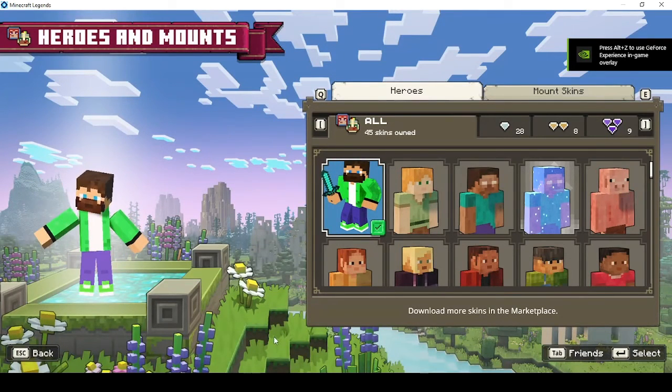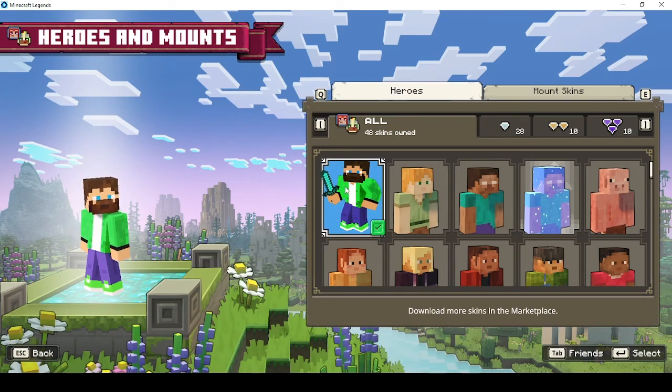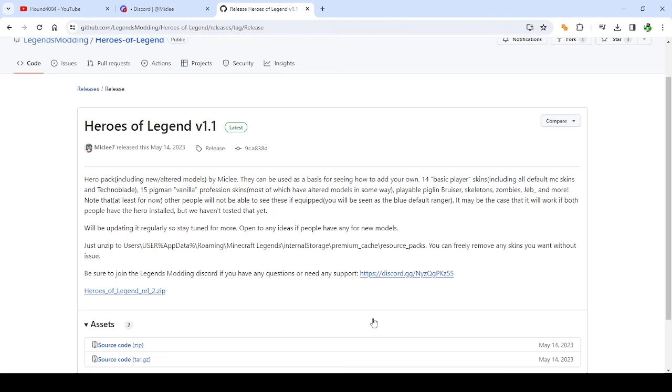And if I go into the Switch Hero menu, well, would you look at that? It's my icon that I chose, the face that I chose, and my own Minecraft character right there in Legends. So honestly, although I might have helped you out with this process, give a good old thanks to Miclee, because he went through and made all these default skins for you to use. I mean, really, this is just so nice, such a cool tool. So really thank Miclee for making this epic texture pack,